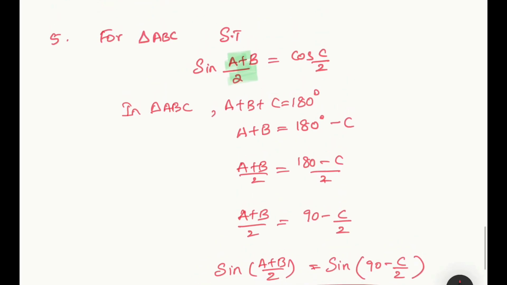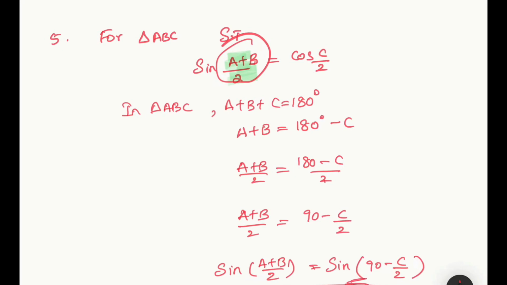I've just looked into the question, what do I need here in the LHS? That I kept one side, and what is left out I have taken to the other side. Then I needed a 2 here, I divided by 2, but whenever you do something to one side, you have to do it to the other side also. So you got 90 minus C by 2, then I multiplied sine on both the sides.